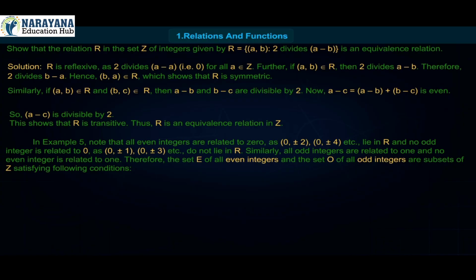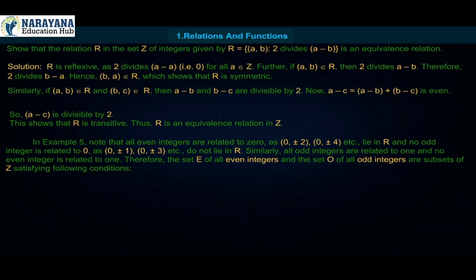Similarly, all odd integers are related to 1 and no even integer is related to 1. Therefore, the set E of all even integers and the set O of all odd integers are subsets of Z